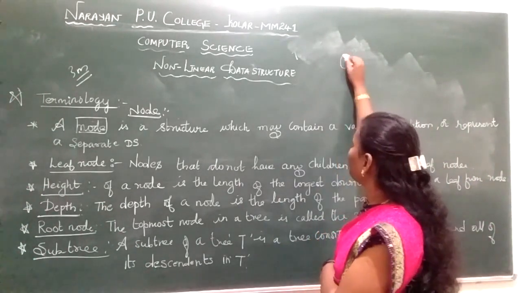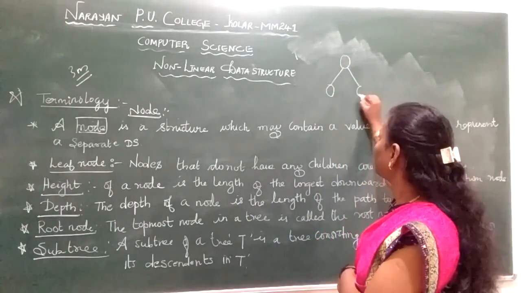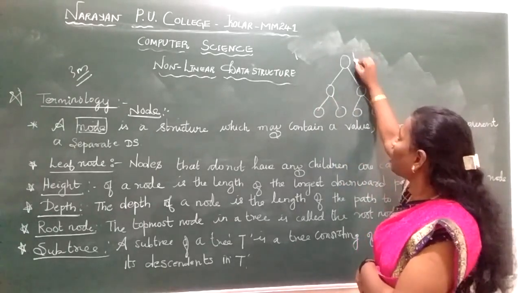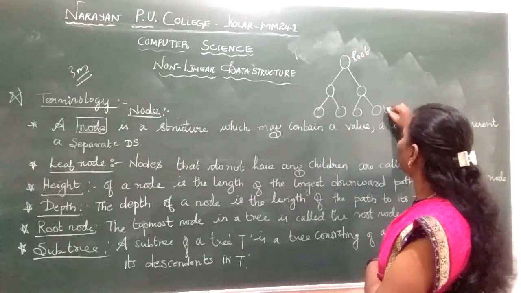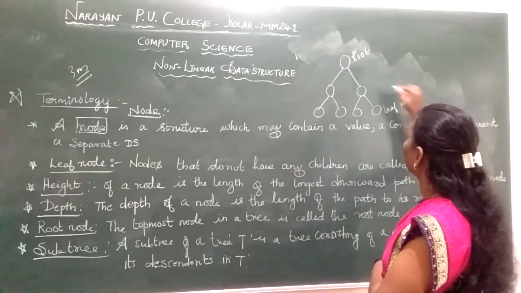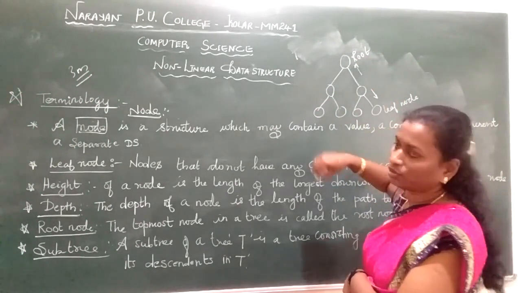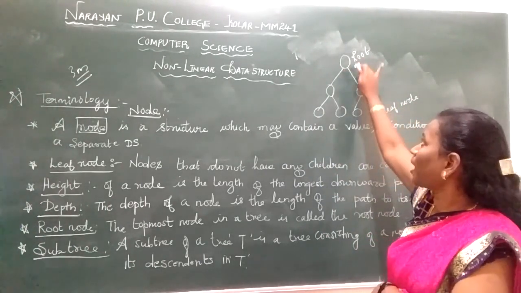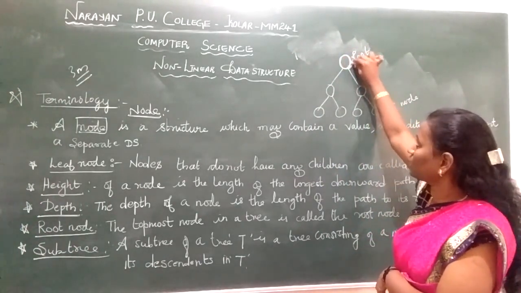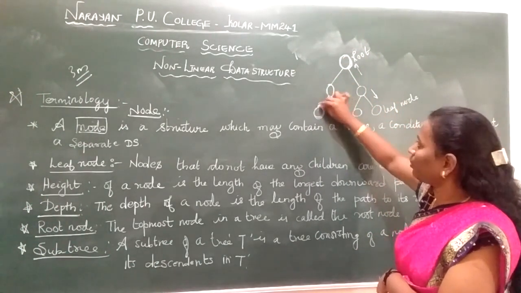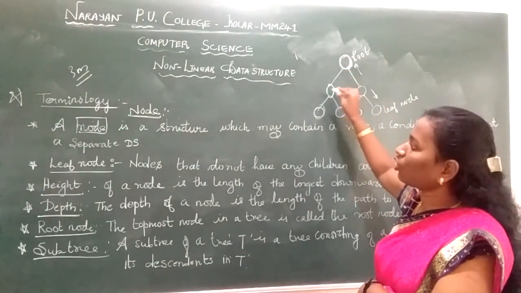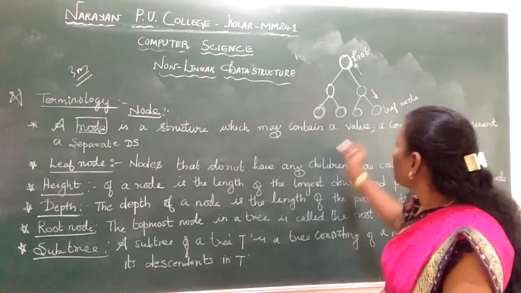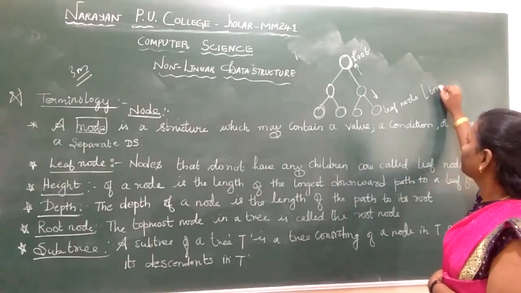I have just shown you in the previous class how I have written. See, I have written like this. I have nodes. This is called the root node. Here I have a leaf node. These are my ancestor nodes and these are my descendant nodes. When I talk about the tree structure, each and every part drawn as a circle is nothing but a node. So in trees we represent the nodes like this. A node is a structure which may contain a value or condition, or it represents a separate data structure.